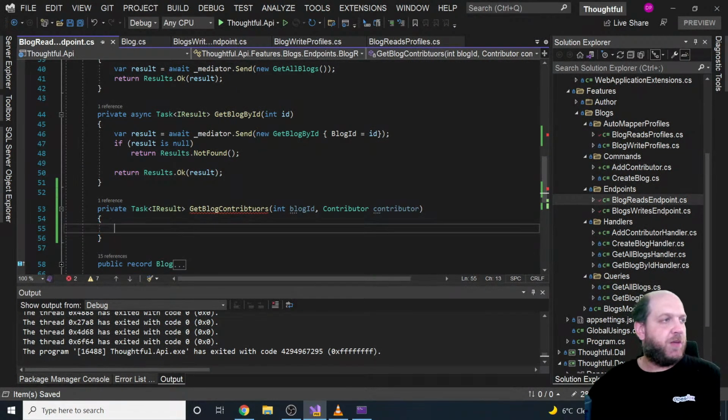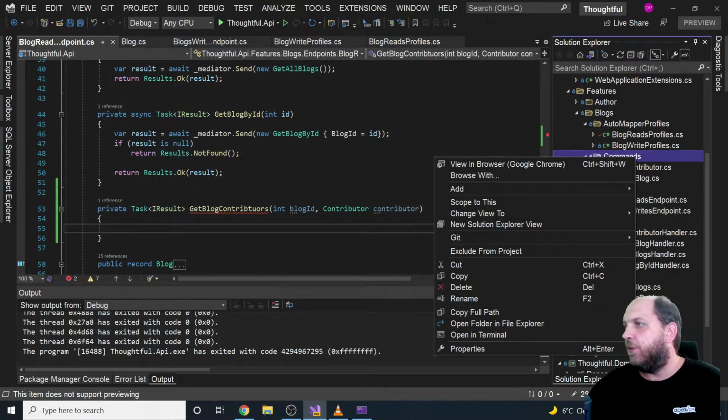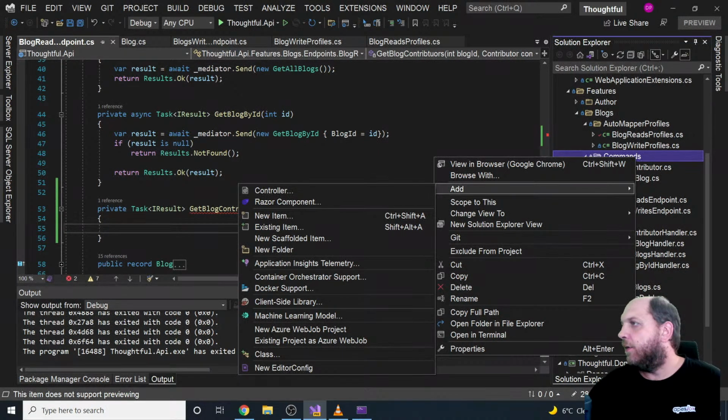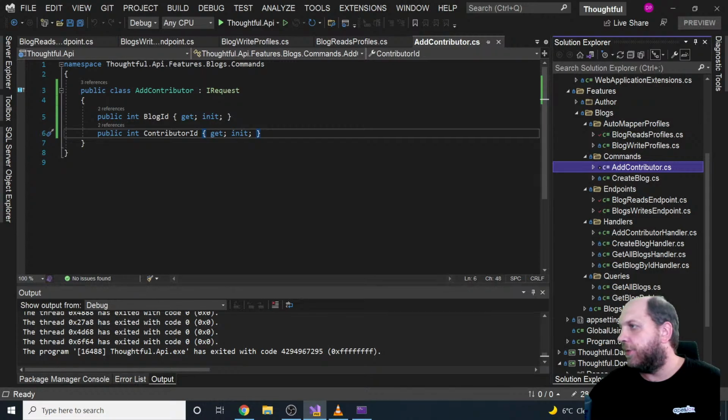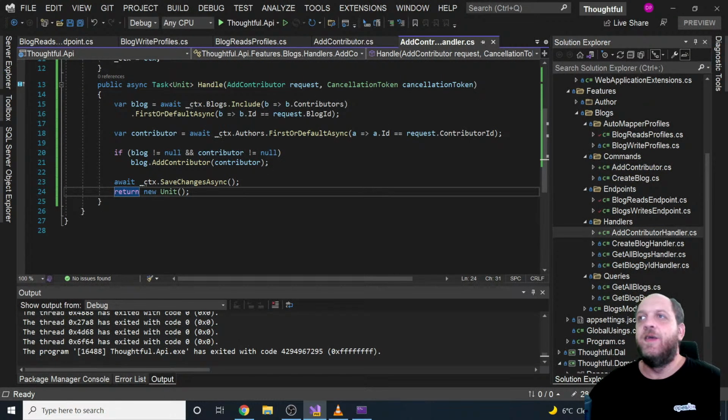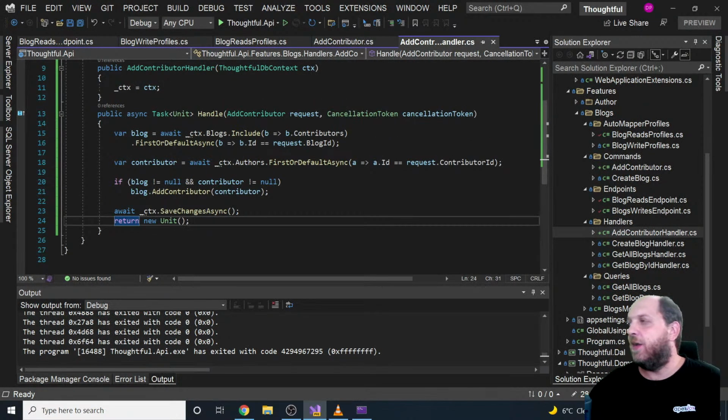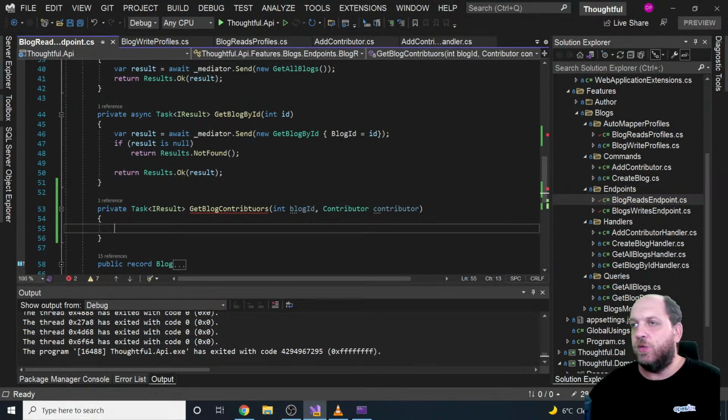Now, in order to implement this method, what do we need? Well, I guess we already know by now. We need a command, we need a handler, and then we can wire everything up together. So let's create here a new command. Or did we already? Oh, we did already create it. So we have this add contributor. And yeah, oh, sorry. I guess I'm too tired. So we already have created this add contributor command and command handler, which is actually cool because this means that